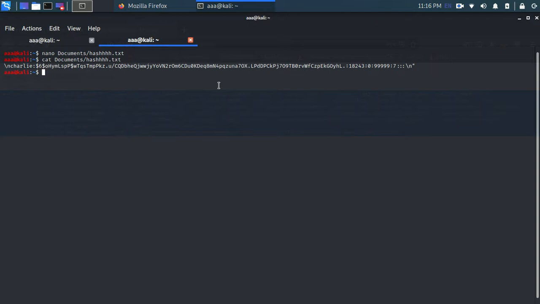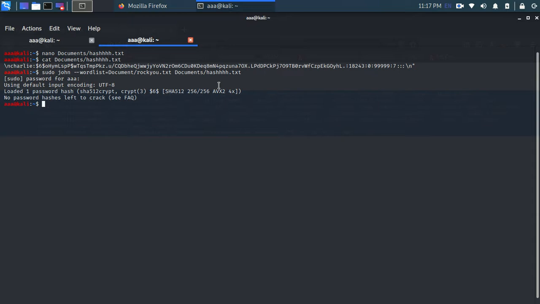So sudo john --wordlist=rockyou.txt, which is in documents, and then the location of this hash file, which is documents/hash. It will ask me for my password. Okay, it has successfully cracked the hash.